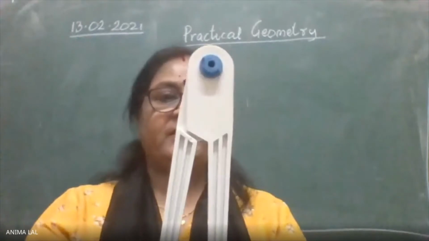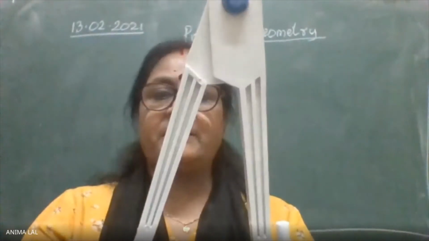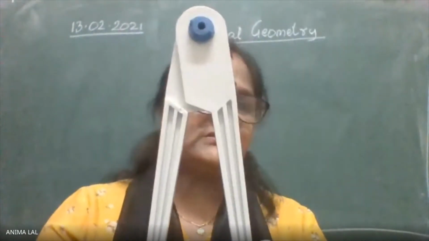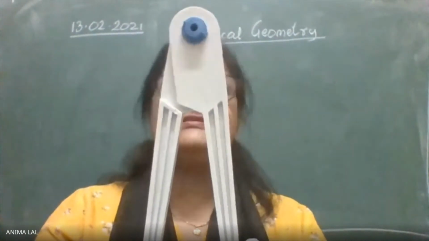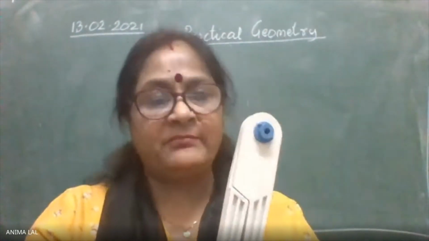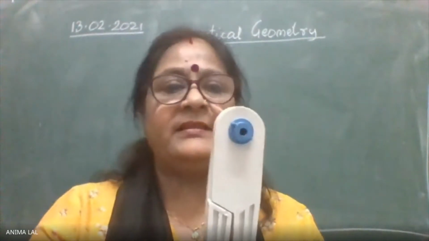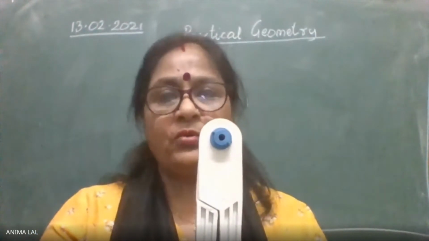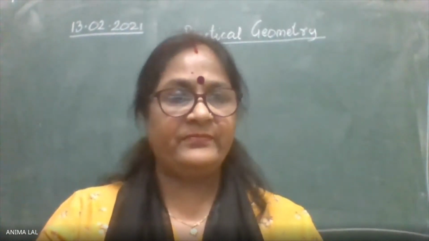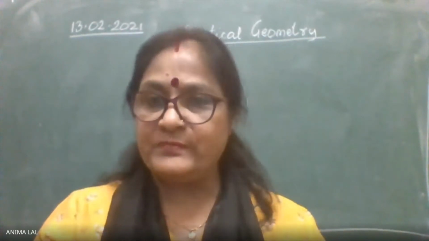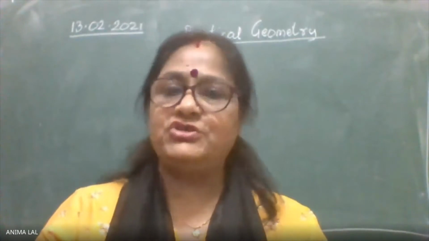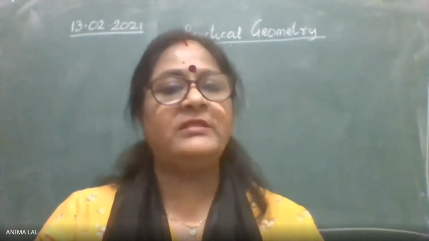So as we open the compass, we will be talking in terms of radius of a circle or just the radius. So if I want you to make a line segment or an angle, I will be talking only in terms of radius, which means we are going to measure the radius, draw an arc, join points. All this will be dealt with.